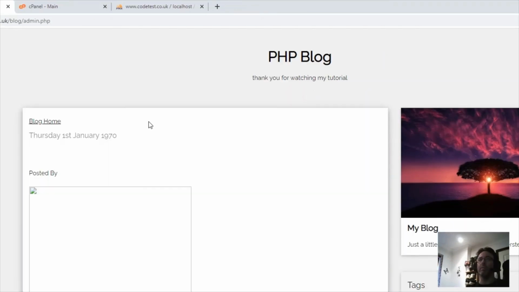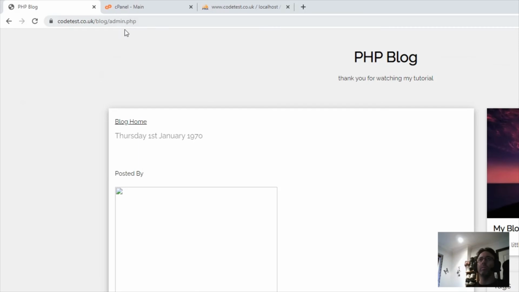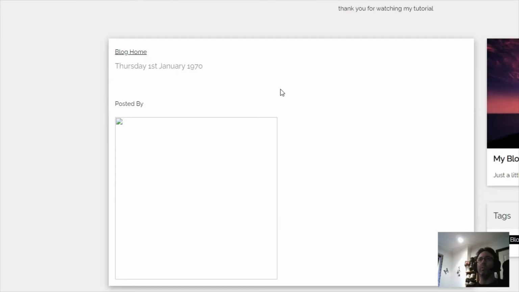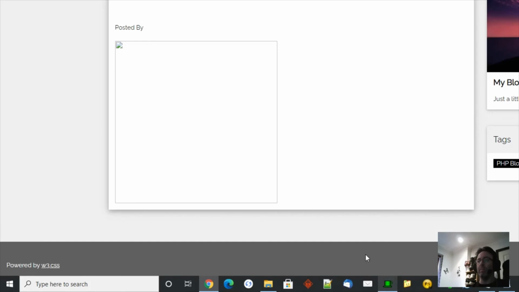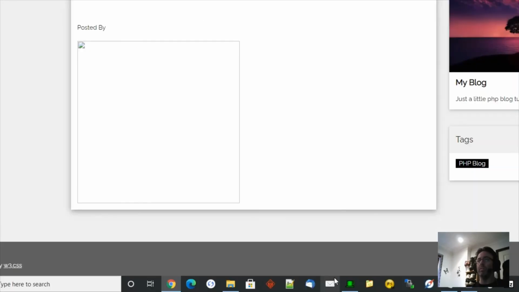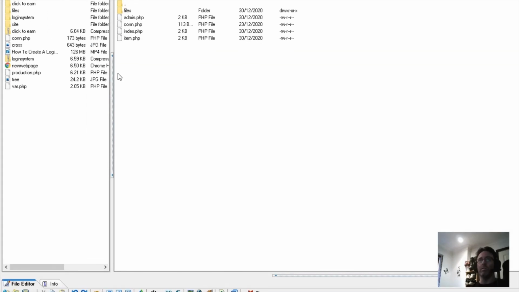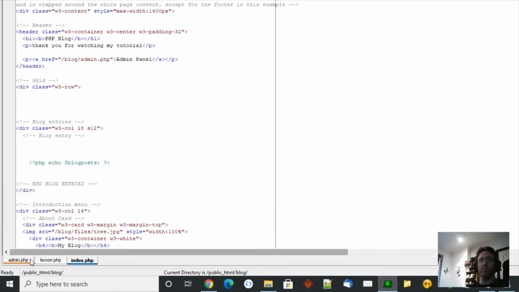So there you go. This is admin.php. What we need to do here is put a little login box, and when they log in, they'll get to the actual login area where you can administer your blog. So in that file called admin.php,